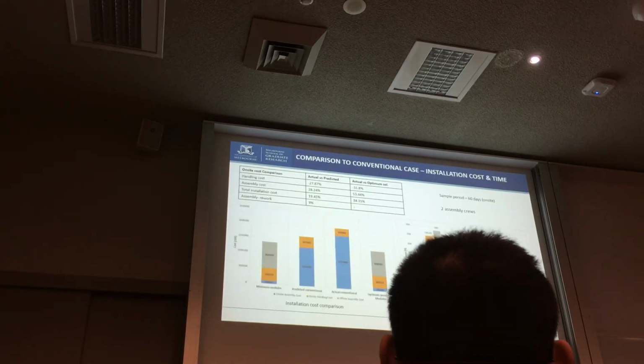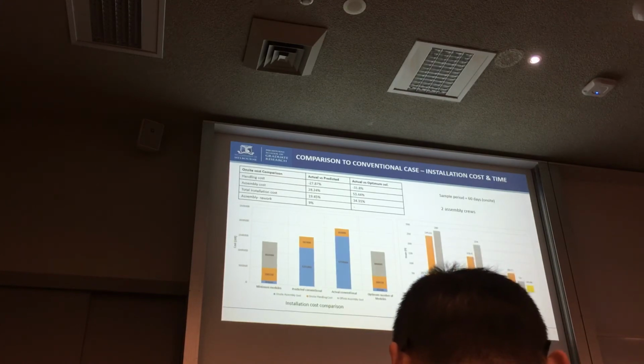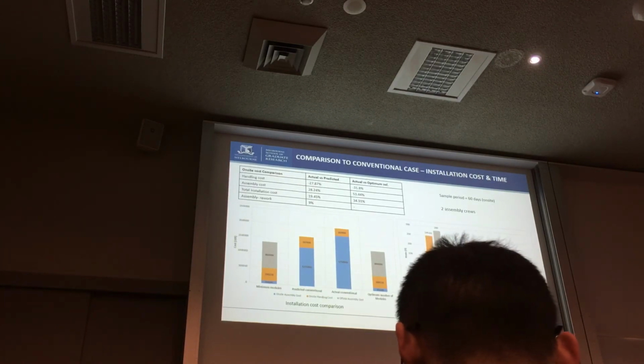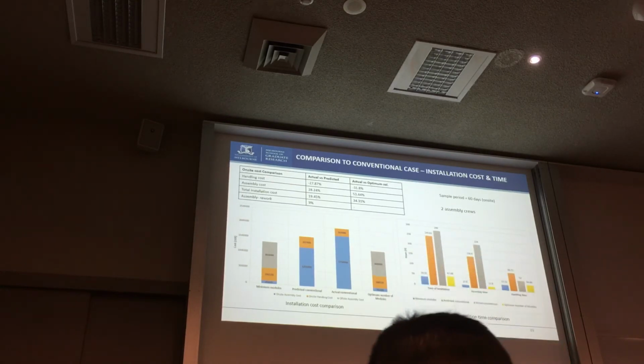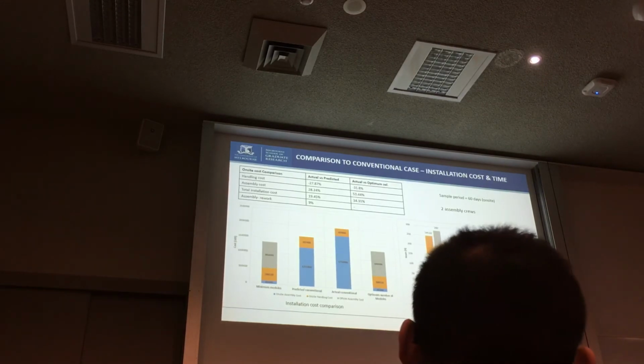This was then compared, the predicted installation costs for the conventional case using the algorithm against the actual costs obtained from the construction site, which initially showed an installation cost variation of 20%,